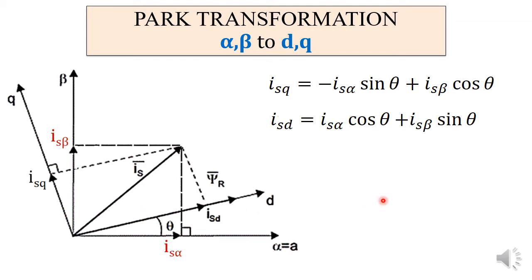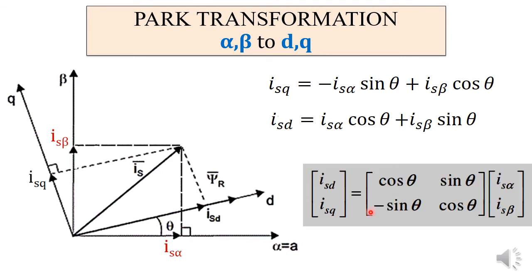Now, as in the previous case, here also in the control system we will have to perform the inverse transformation. For that we have an inverse transformation matrix too, and this equation can be expressed as a matrix like this. This is the Park transformation matrix. This equation is represented in the matrix form. Similarly, the inverse Park transformation matrix can be written